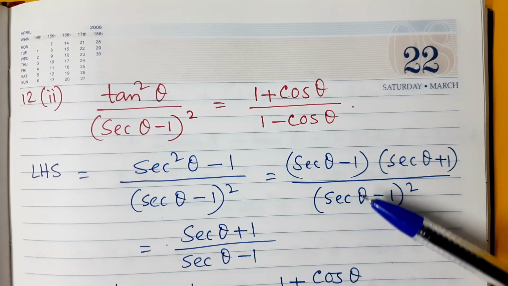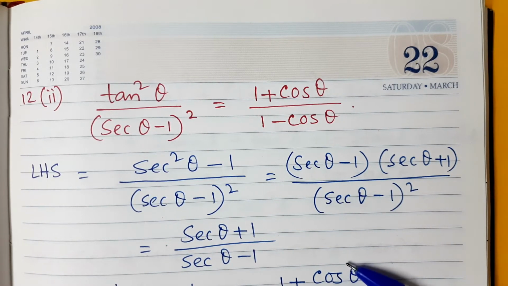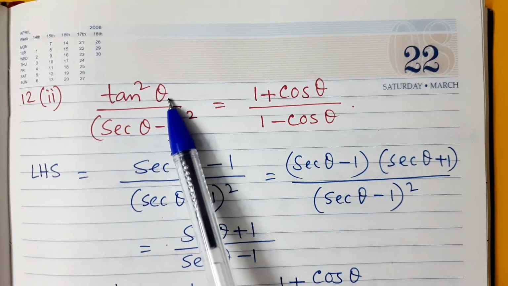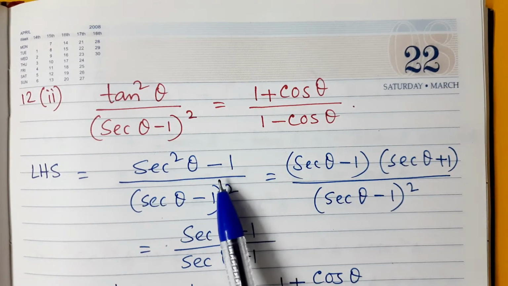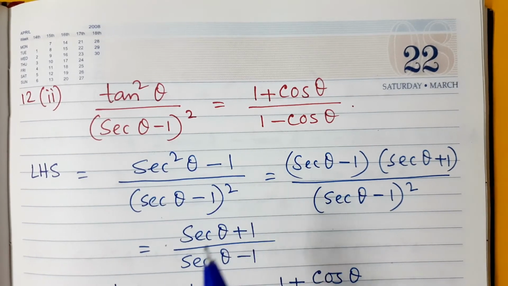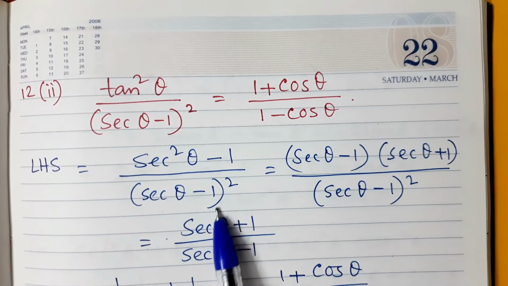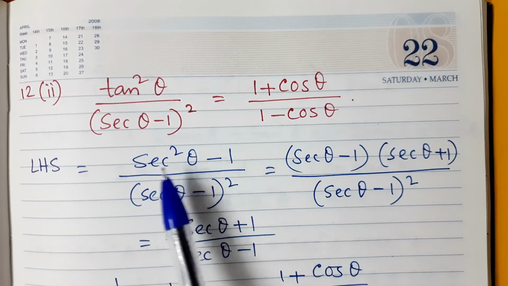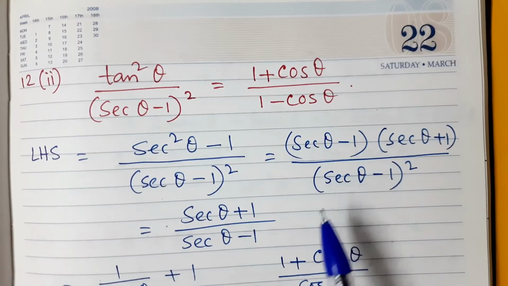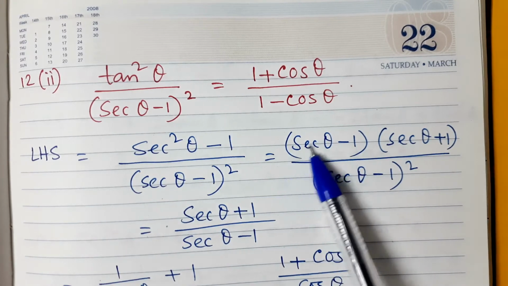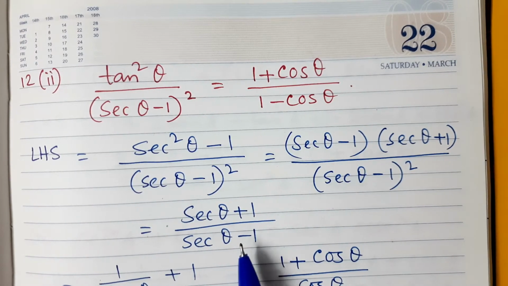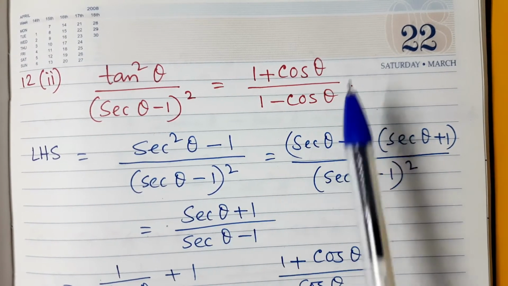Now if you do it the way I am solving the problem, it will be shorter and simpler. So I am writing this tan square theta as sec square theta minus 1, because sec square theta minus tan square theta is equal to 1. From that formula we can write that. And this denominator I am keeping as it is. Now this is a square minus b square. A is sec theta, b is 1. So it is a minus b, a plus b. That is the formula. So from there sec theta minus 1 will get cancelled with the denominator. So it will be sec theta plus 1 divided by sec theta minus 1. Now from here we need cos.